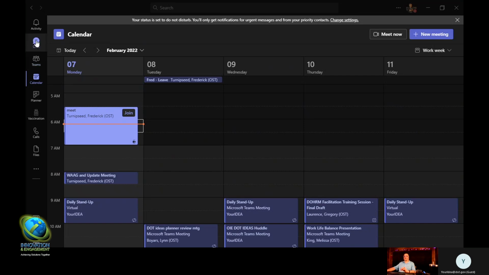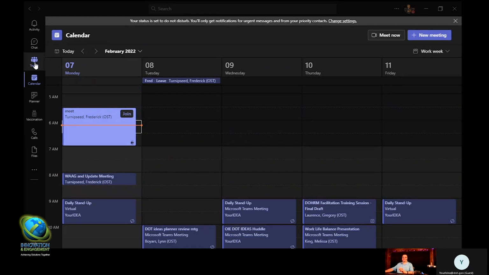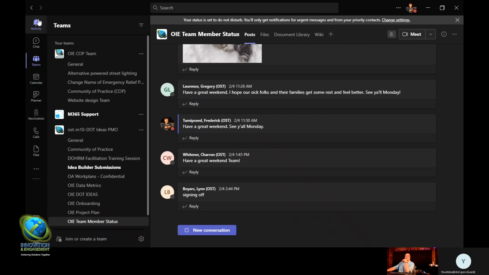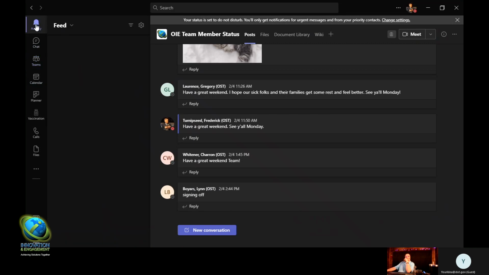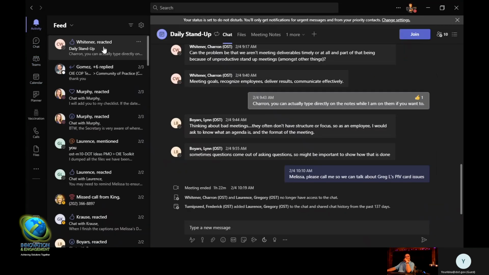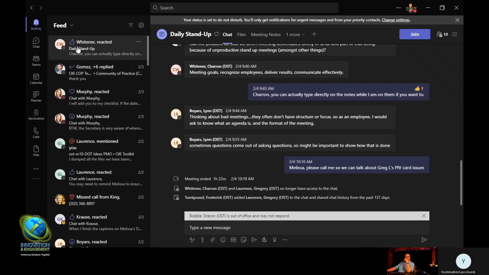Right. Next, let's talk about the teams in the environment. So right over here on the left, you have your icon features. Activities will tell you, like when somebody has commented on something you've said, where you were when they did it. Here we were in the daily stand-up, and it says Sharon Whitener reacted, and it is right there in the